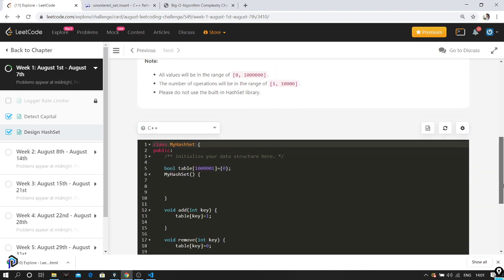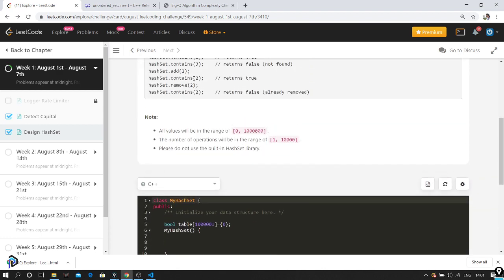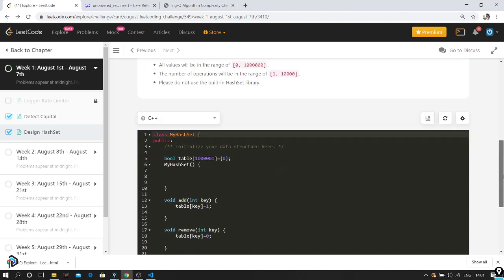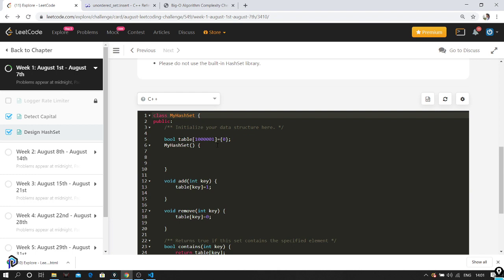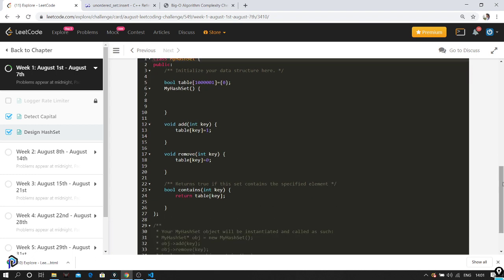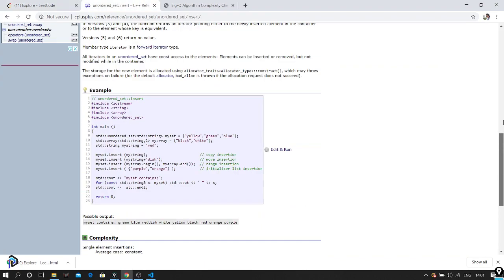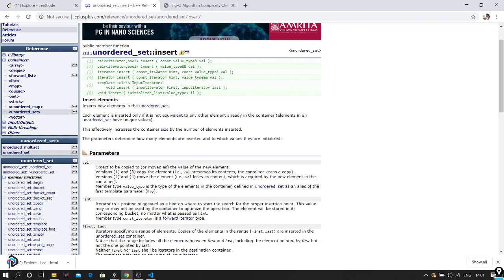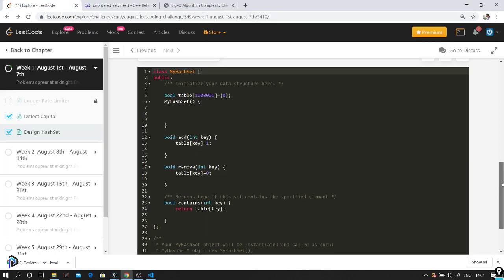The problem that we have here is, let's consider you just have one value. Even if you are going to insert just one value, you'll be creating an array of size 1,000,001. So we want to increase the size of the array based on the inputs that we get. The concepts that we can use there are probing and chaining. These are the concepts that we actually use in real implementations. In the actual implementation of the C++ unordered set, they do implementations like this. We will try to cover that extensively with HashMap in another video, but this is for this video.